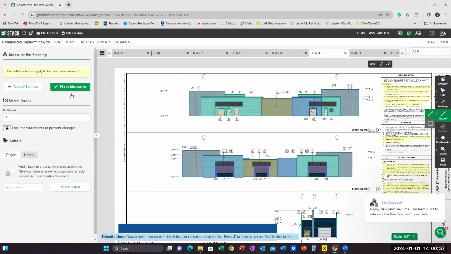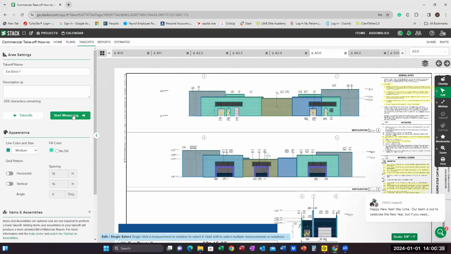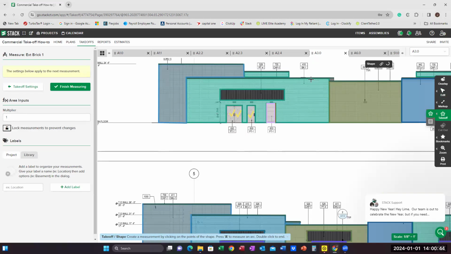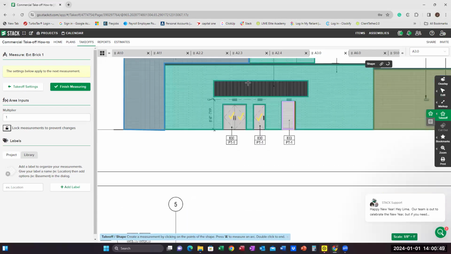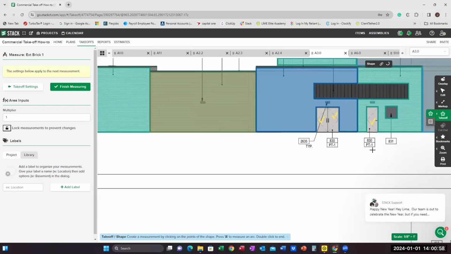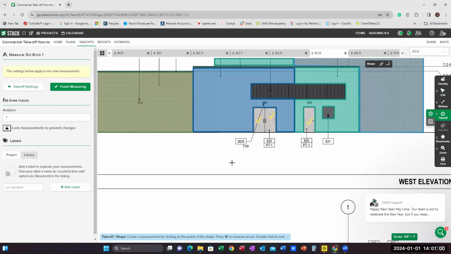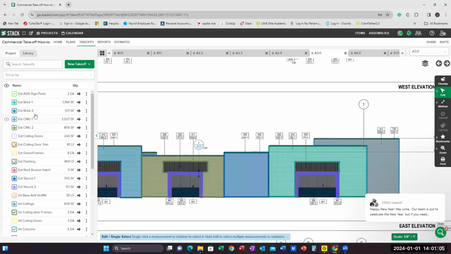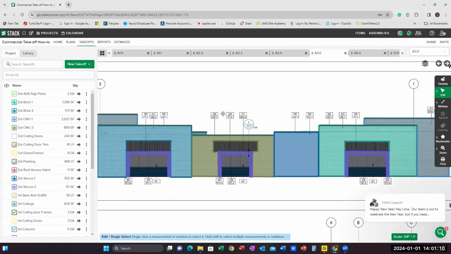And then you have exterior brick 1, and that's an area. Sometimes once you do this, it will be enclosed, so you have to click on this, cut out rectangle, and cut that out. Anything that's in there that shouldn't be, make sure you cut it out. This would have been in there. And then you'll do that for each one. CMU 1, CMU 2,